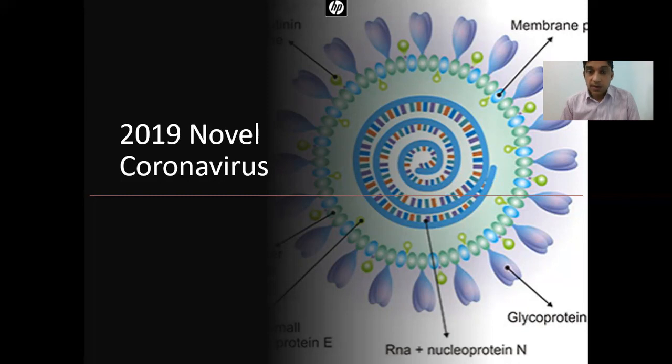This particular virus is an RNA virus, which is a little bit tricky for the viruses and for humans as well, because dealing with RNA is a little bit difficult. Dealing with RNA-based viruses is a little more difficult compared to other viruses carrying DNA. Like any other virus, it has a protein coat structure containing glycoproteins and different proteins, enclosing its genetic material, which is RNA.